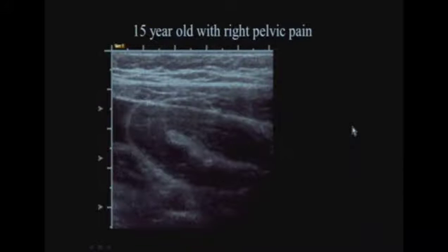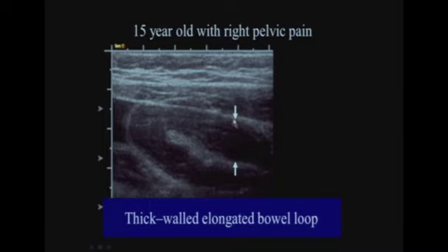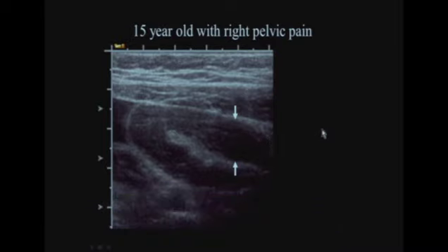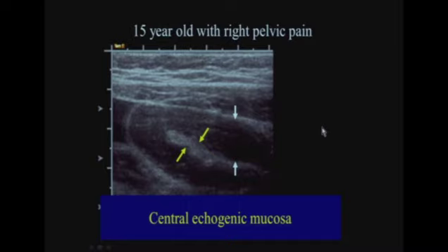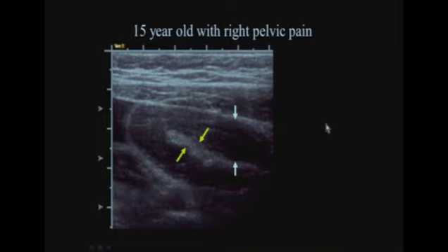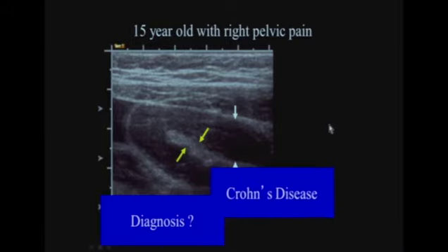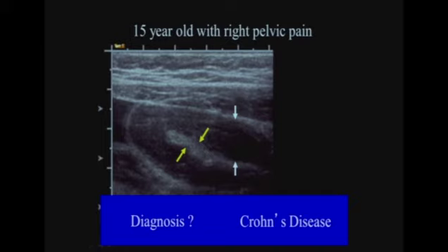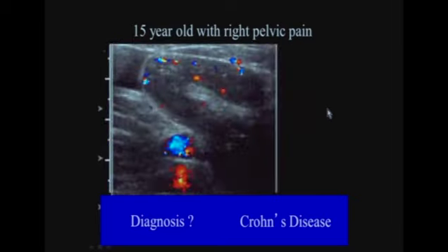This is a 15-year-old with right pelvic pain who did not have a tubular blind ending structure, but had very, very thick bowel wall. Thick bowel wall. This white area here is just the lumen, the collapsed lumen. There's thick bowel wall. And this is an individual whose central echogenic mucosa is being shown, who had a cause of thick bowel wall, which is Crohn's disease. And one can see increased flow to the wall in the Crohn's disease,